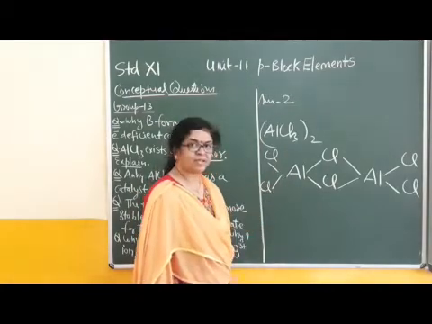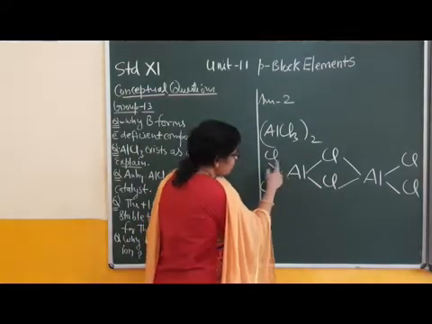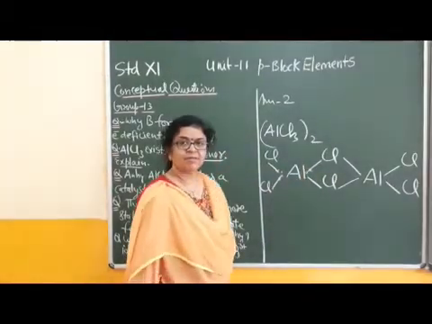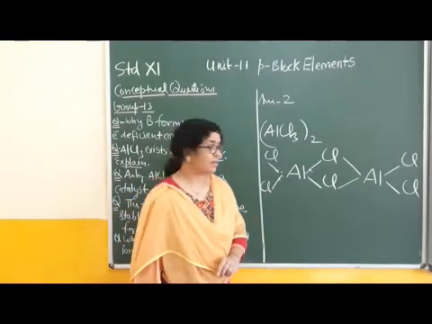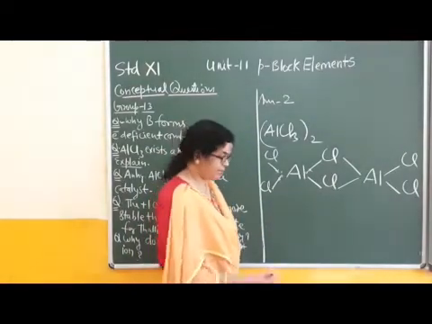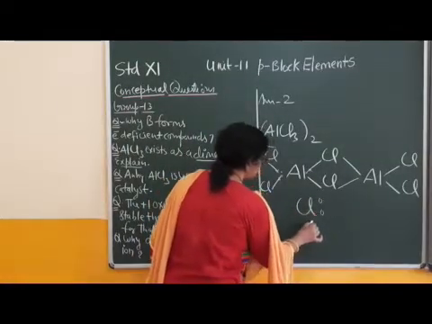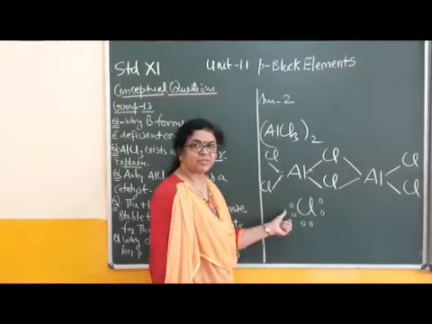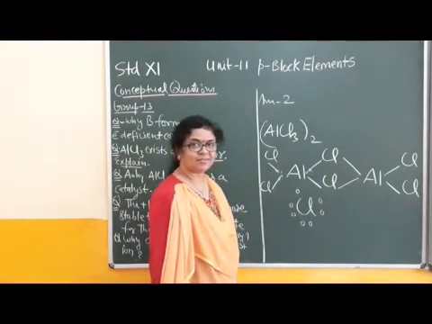Right? Total 6 electrons are present: 1, 2 and 3, and the 4th electron from this, the 5th from this, the 6th electron from this. How many electrons are required to complete its octet? 2 electrons, right? And which atom acts as the donor atom? Electron rich. And which atom is electron rich? Halogen, like this. 1, 2, 3, 4, 5, 6. 3 lone pairs of electrons are present. The 7th electron is forming a bond, a covalent bond, right?